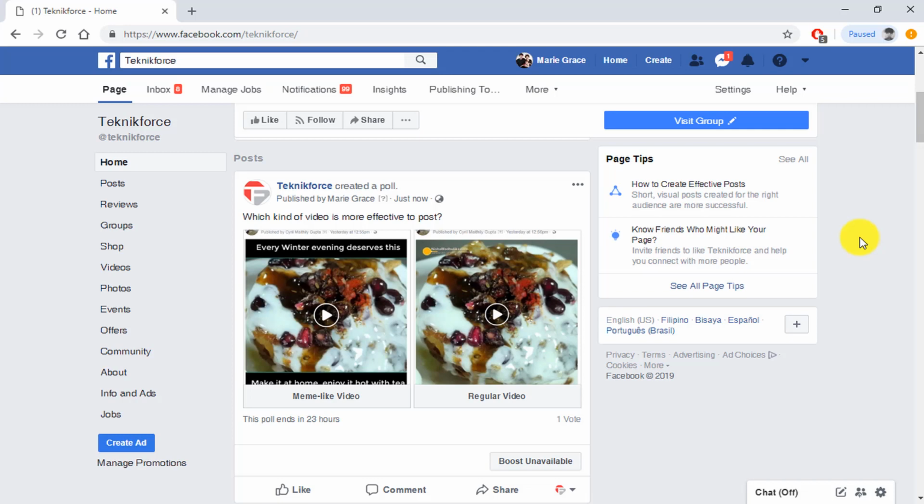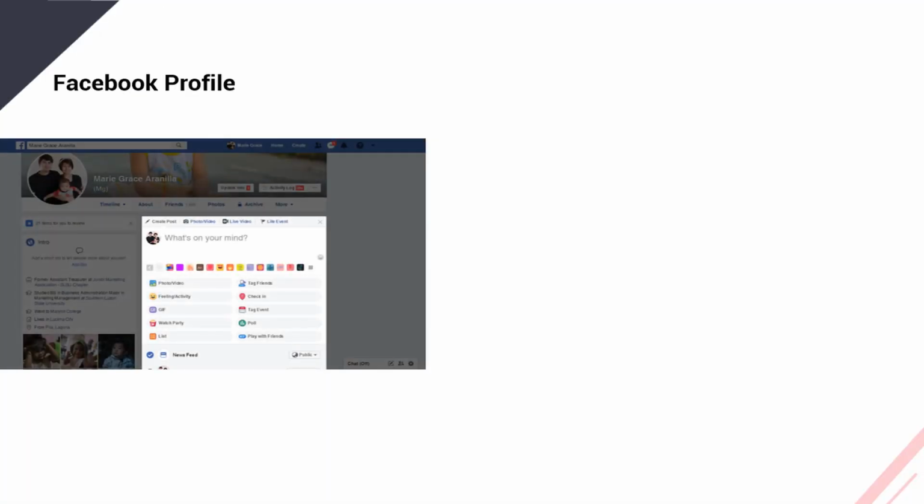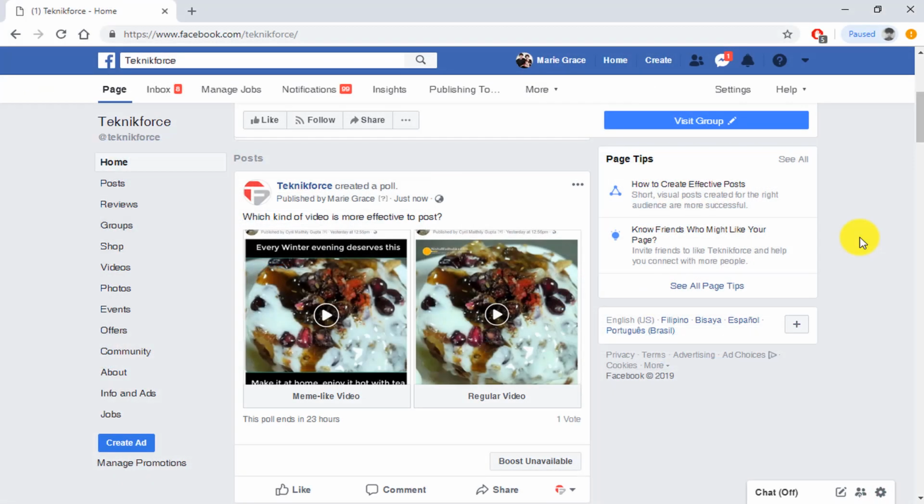The same process goes when running a poll through your personal profile and Facebook groups as well. That's how easy you can run a poll, and by running a poll, you can easily increase engagement on Facebook, allow your followers' opinions to be heard and known, draw attention to your Facebook page, and build relationships with your